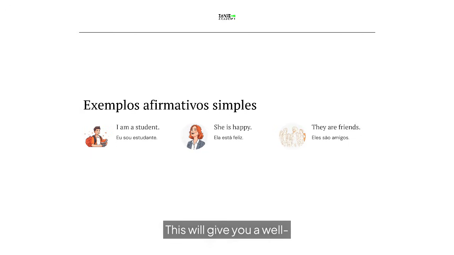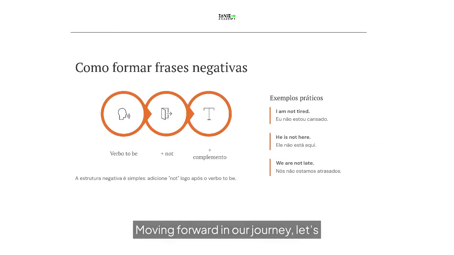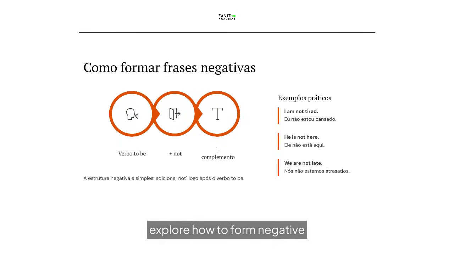This will give you a well-rounded understanding of how to communicate more effectively. So, let's keep building on these foundational sentences as we dive deeper into the structures of English. Moving forward in our journey, let's explore how to form negative sentences using the verb to be. This is a crucial skill because it allows us to express what is not true or to clarify situations in